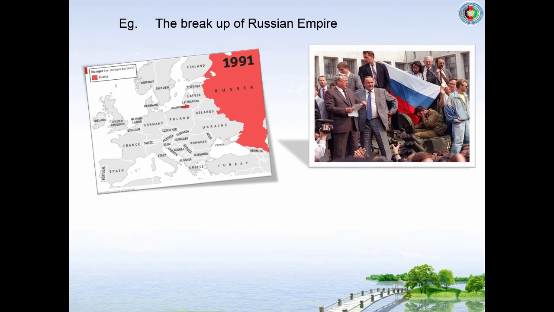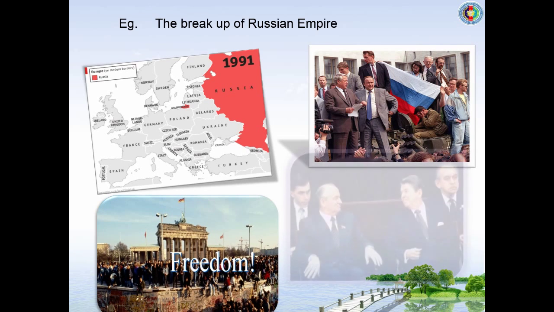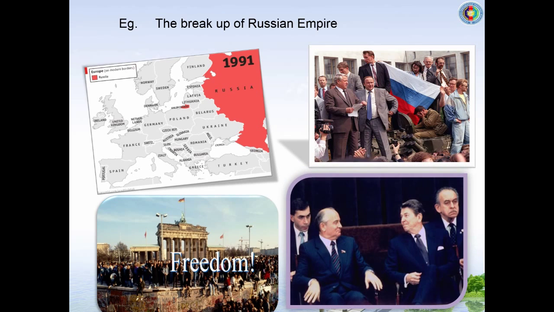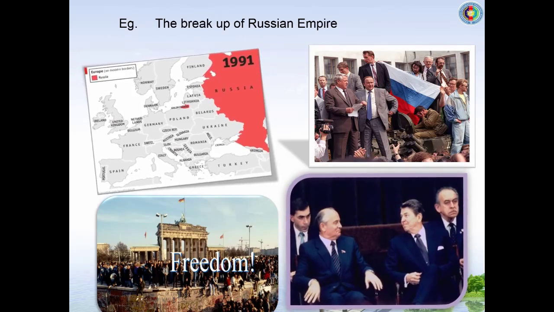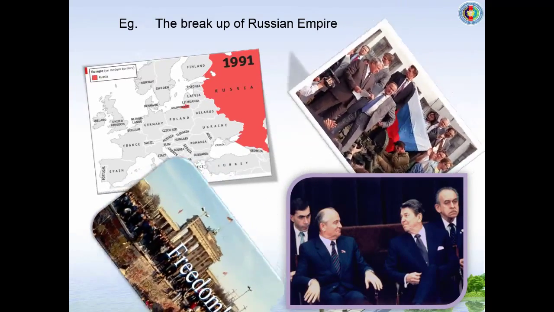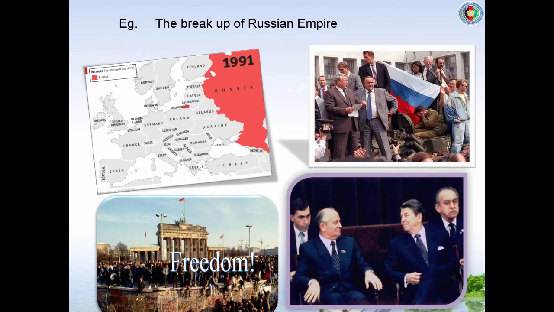It takes centuries for an empire to fade, and war is usually the main cause. For example, the breakup of the Soviet Union or the Russian empire was due to the fall of communism, the destruction and fall of a political ideology. The Soviet flag flew over the Kremlin in Moscow for the last time in 1991. Additionally, it was also the pressure from the outside world and the rebellion of the occupied territories during Mikhail Gorbachev's time.